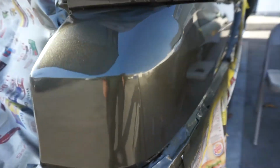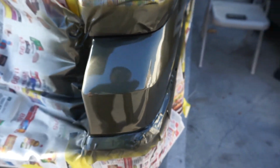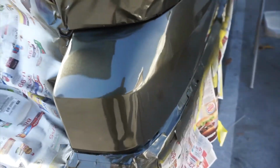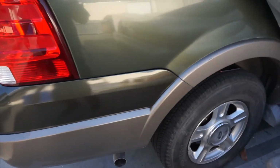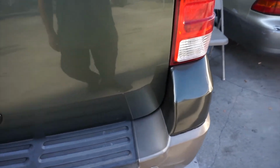Pretty nice green. That's where all the body work was done right here. It doesn't look too bad. Going to let this dry for about 30 minutes and then unwrap it, and job well done. Let's see how it looks unwrapped and all that. Alright, so the paint didn't match all the way. Definitely not how I wanted it to,